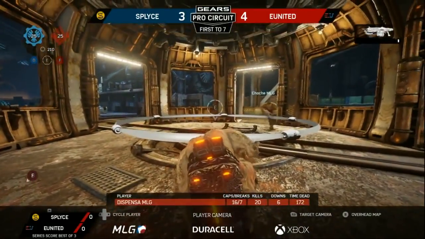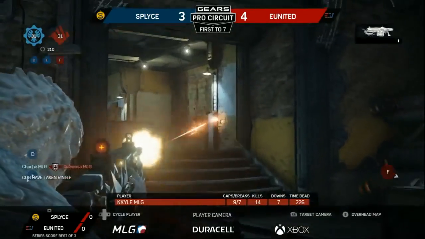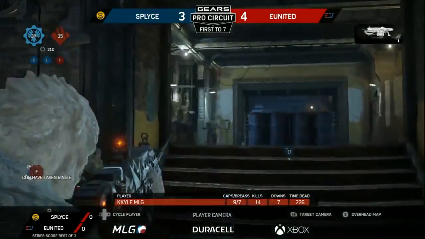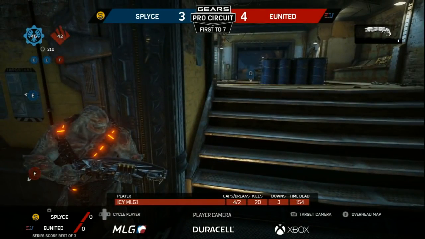Good rotation comes in. Maybe some poor communication from eUnited, not calling out the rotation. So now a 5-on-3 opportunity. If I'm Kyle, I need to just stay alive, value my life right now, wait for my teammates to respawn. He's going to do exactly that. Kyle doing a good job keeping them at bay, but they are down a hill right now, so Splyce, the lead will be ticking up